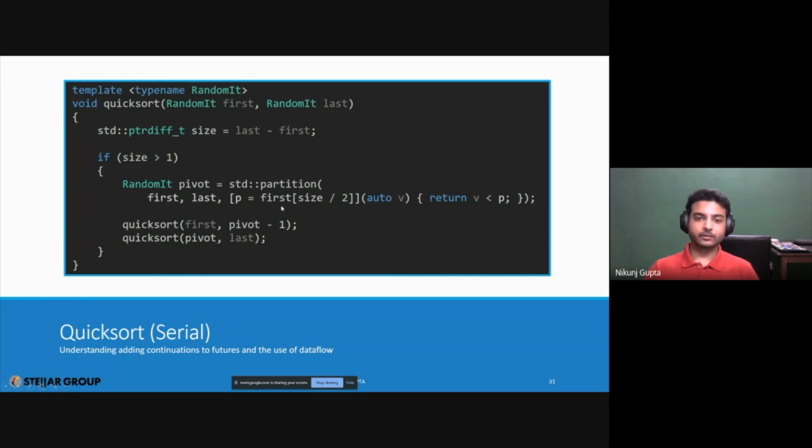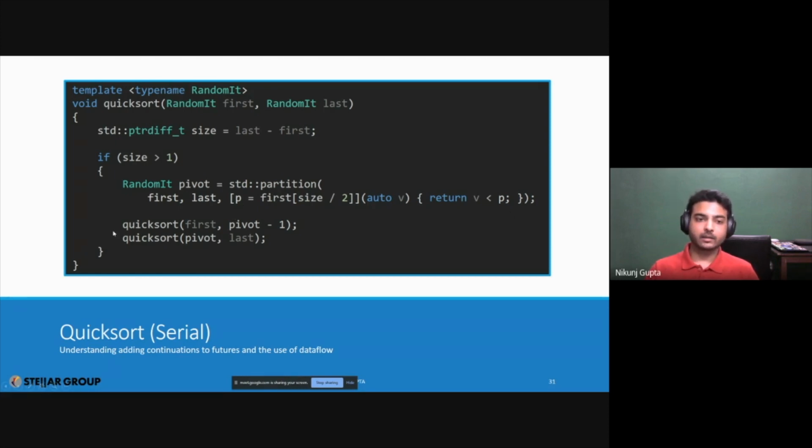Now, as you would have seen, I'm using a notation that can only be used for a random access iterator, and that's the reason why I'm using a random access iterator over here. So essentially, what we do is we see if the value received is less than the pivot or not. If the value received is less than the pivot, it is sent to the left of the pivot. If it's more than that, it keeps itself to the right of the pivot point.